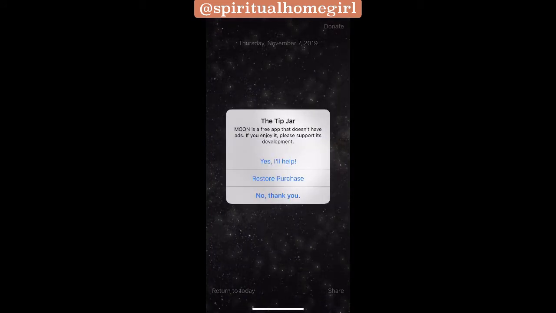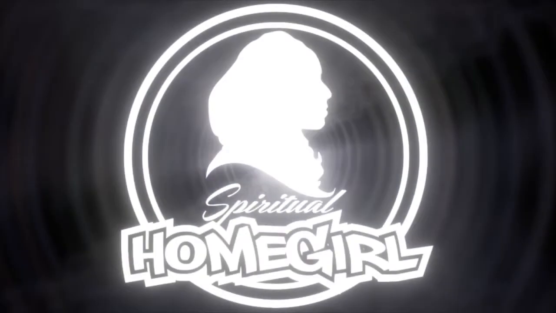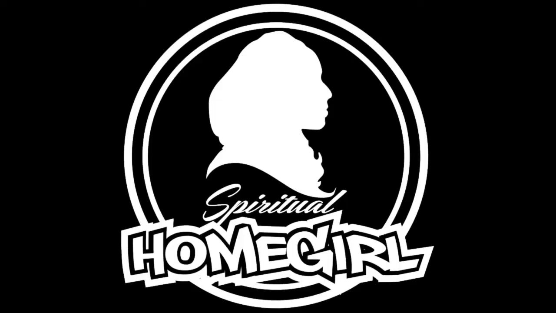So basically, honestly, my favorite app, it's really hard to just pick just one. The one I use mostly is Full Moon for astrology, and I use Moon Phase for astronomy. And I think it's very important that you have varieties when it comes to your apps so you can get different perspectives, as I don't think that there's one thing that could just cover something 100%. So that's just a quick overview of my favorite moon apps.